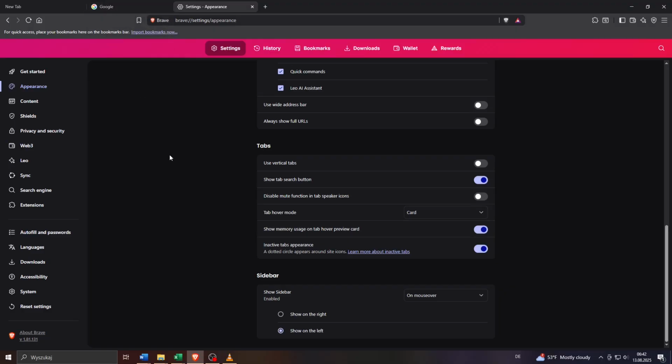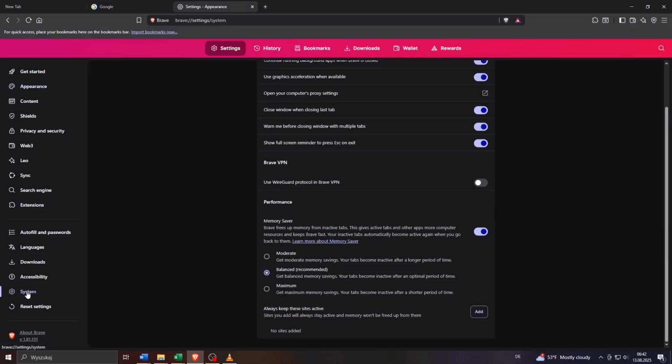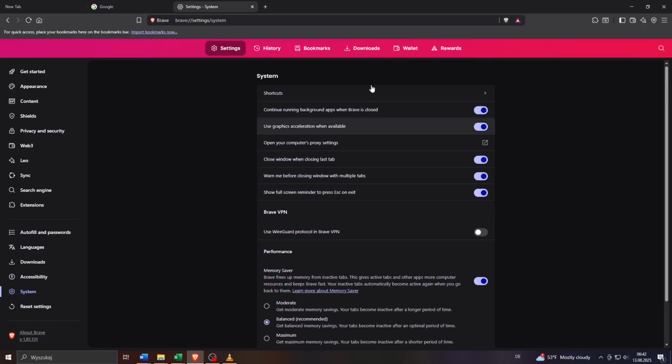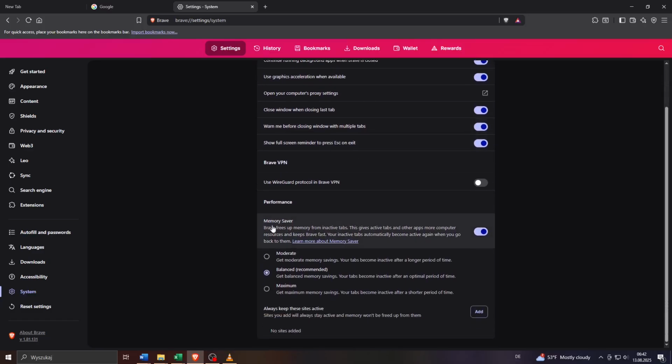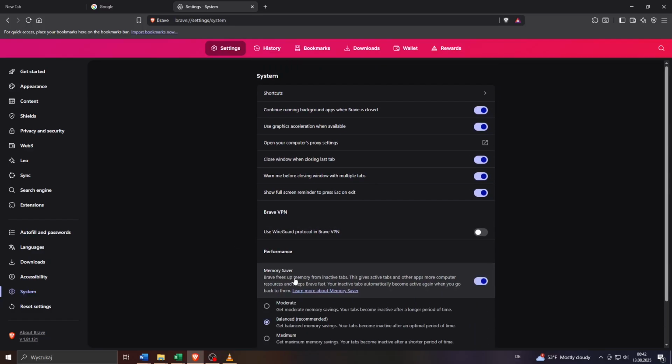And in the next step, guys, what you want to do is head over to the system settings here on the left panel inside your browser settings and scroll all the way down to check if you're using the memory saving tool or the memory saver. According to this description here,